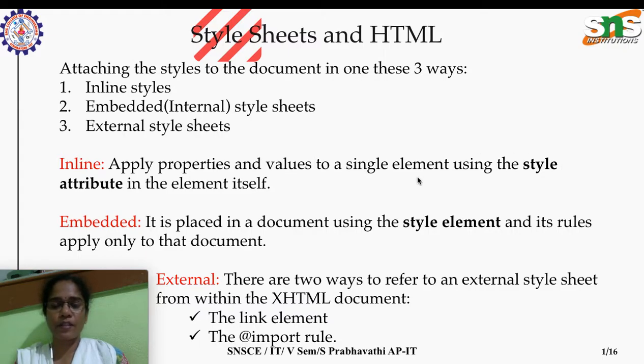For example I can have h1, heading h1, then style is equal to color colon pink. Okay, that is nothing but inline. Inline means that style will be applied to that particular HTML element alone.